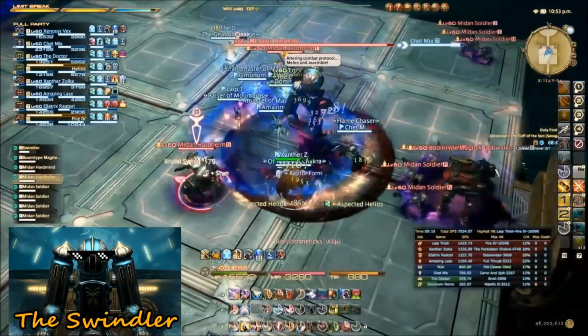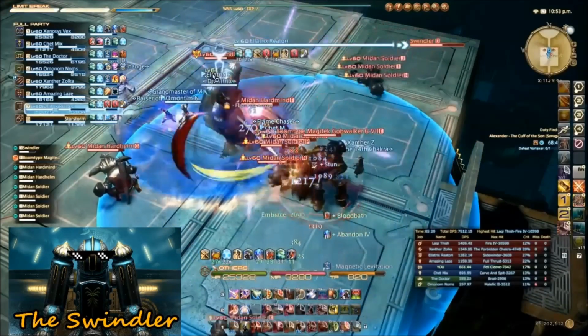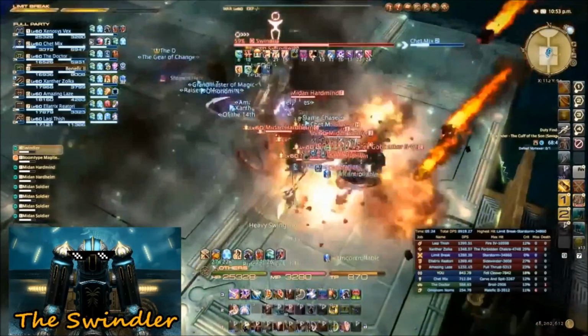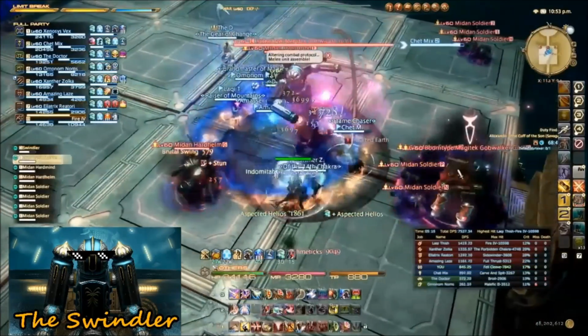Shortly after this, a lot of adds will spawn: a Gobwalker, Hardhelm, Hardmine, and Maiden Soldiers. These adds will maintain their aggro from the Swindler. The Hardmine and Hardhelm will try and buff the boss and all enemies around them, so this should be stunned